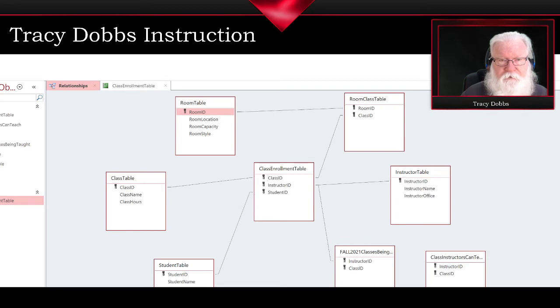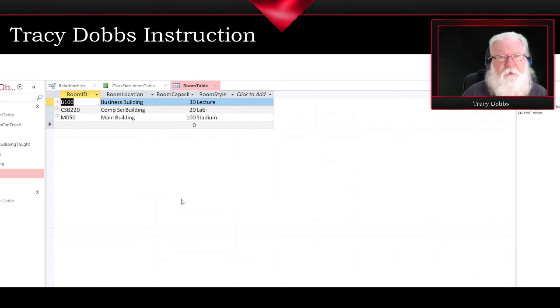What style room is it? And to show you the kind of information that's in there, I'm going to take you to that table. Okay, for this table, I've got to get over here where I can see it. I want the room table, and that would be this one. I may have to wait a second. I didn't have to wait that long. Okay, so now we can see in the room table, here's what we've got going across: the room ID, the room location, the room capacity,